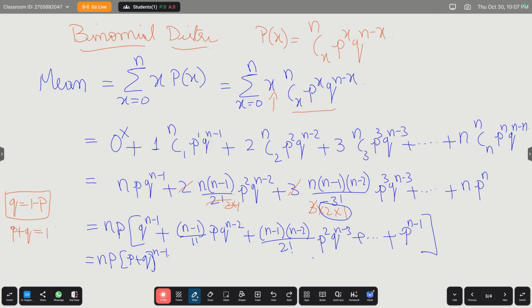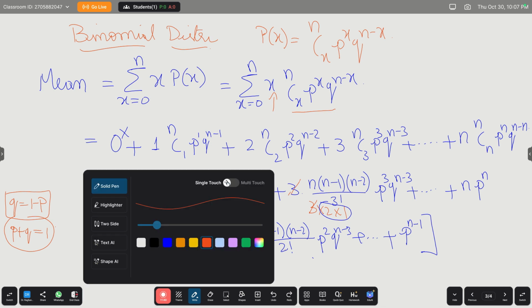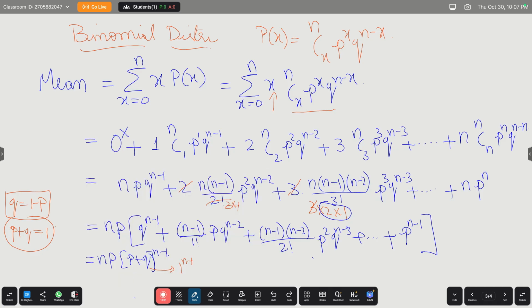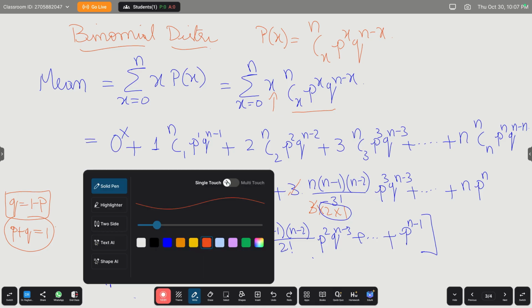If you take minus p to the left hand side, it is plus p. So p plus q is equal to 1. Since p plus q is equal to 1, 1 to the power of n minus 1 is also 1. So 1 to the power any number is 1. So in the final step you have n p multiplied by 1, so you will be left with only n into p. So that's the proof. Very simple proof,